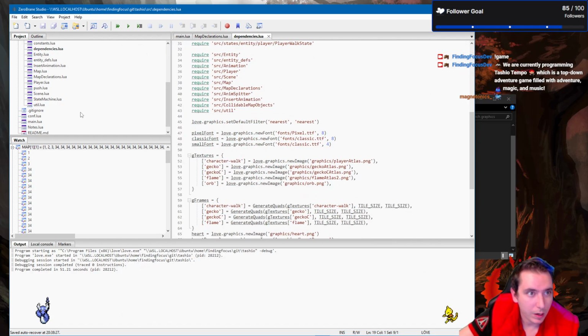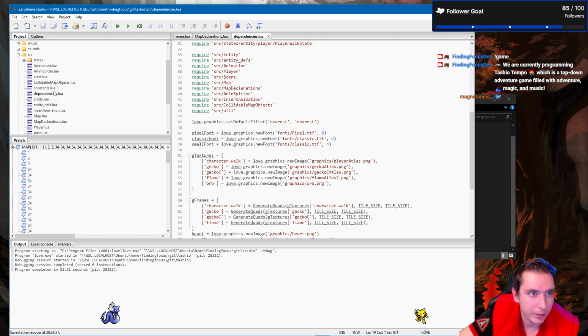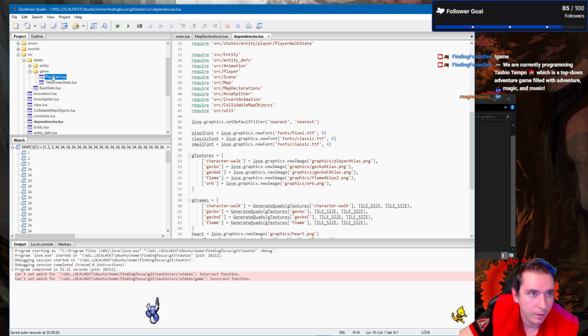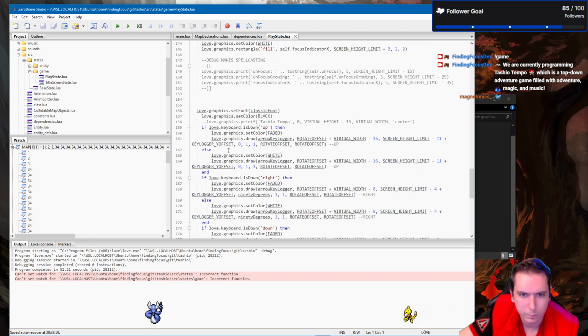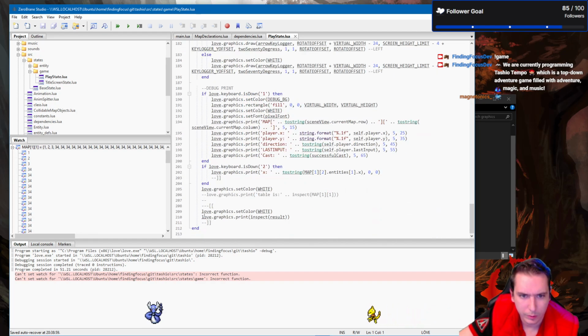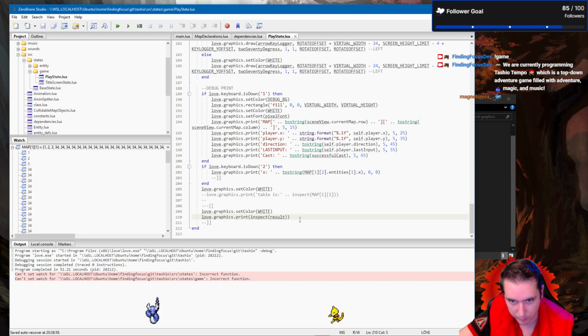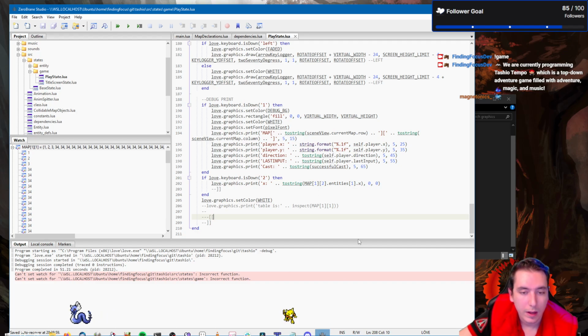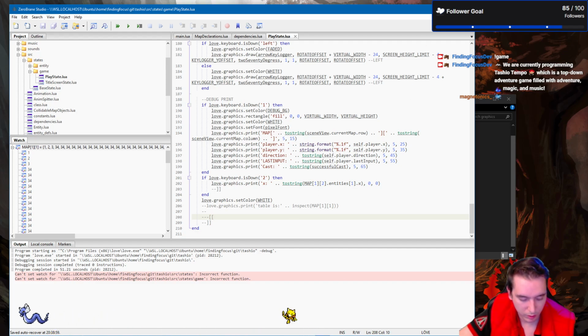I'm gonna find in our play state where we're doing... where is it? Play state. Inspect result, that's the one. We're gonna get rid of this so that we're not printing nil. And I'm gonna kind of quit